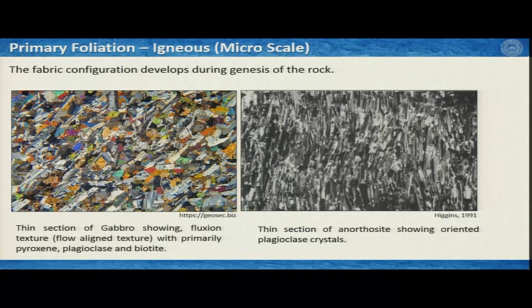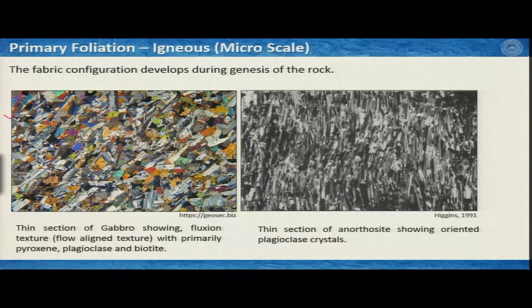So, the first one is a thin section of gabbro, and the texture we see here is fluxion texture, that means flow aligned texture. With the compositions here, we have mostly as primary minerals pyroxene, plagioclase and biotite. Let us not investigate which mineral is what in this image, but what we can figure out, at least